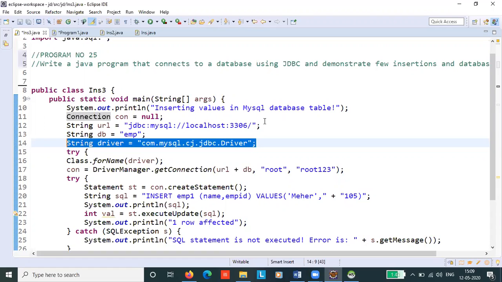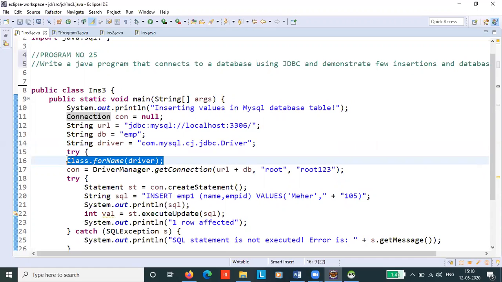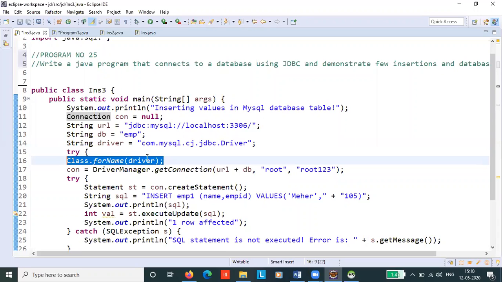Next, if you see, we have something called Class.forName. Now, what is the use of this forName method? The forName method of Class is used to register the driver class. Look at this, we have passed the driver manager as an argument for forName.